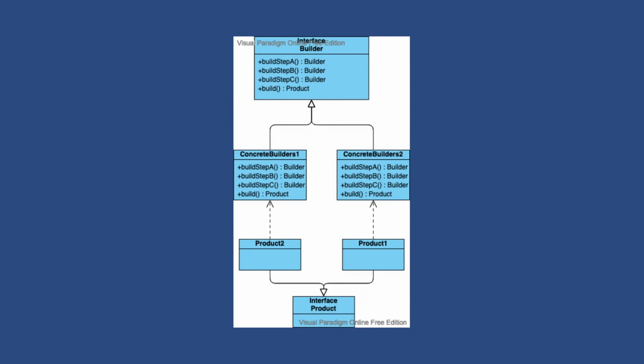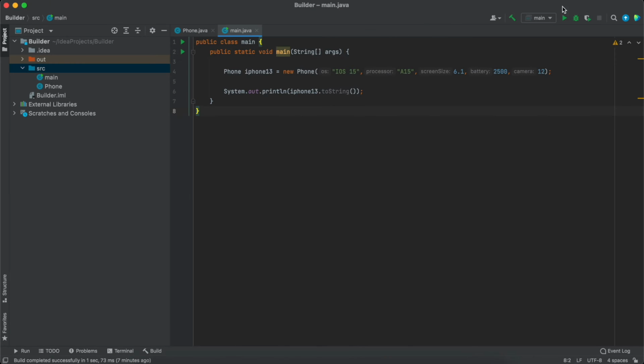Coming to the builder structure, we will have the following. We have a top-level builder interface, that means generic methods that initialize the product properties. The return value of the method is a builder, followed by the concrete builder that inherits from the builder and initializes the product object. That's it. Next, the process of implementing the builder for the phone example.